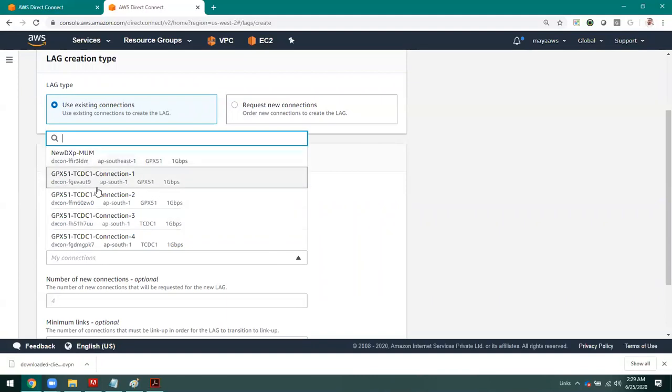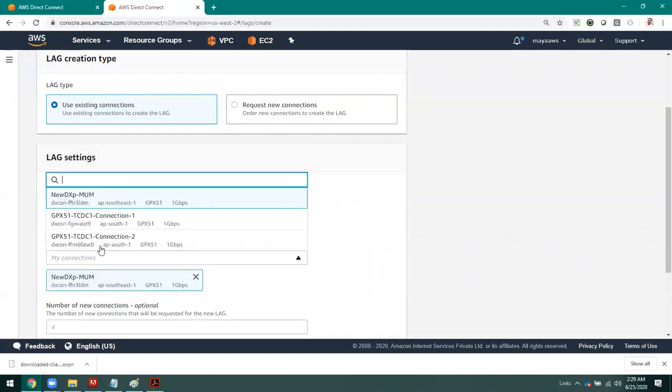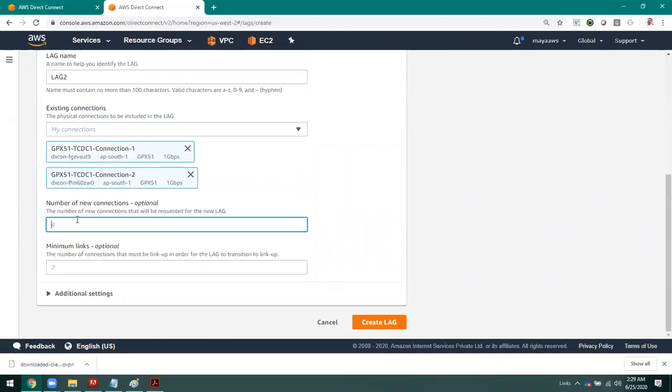For example, I have 1, 2, 3, 4, 5 connections. I can combine these and make a 5 Gbps link logically. Like that, I can select the number of connections. Then I can give the criteria.